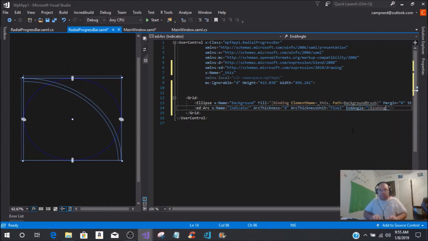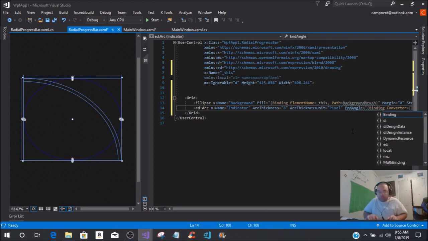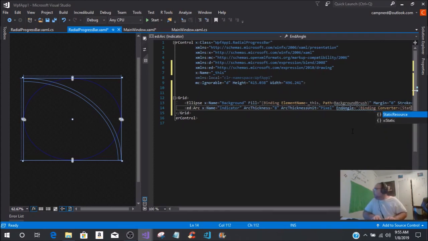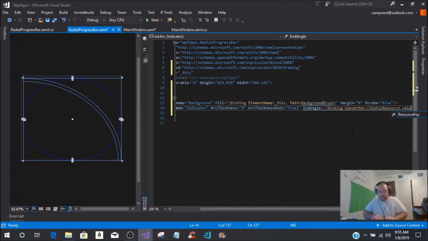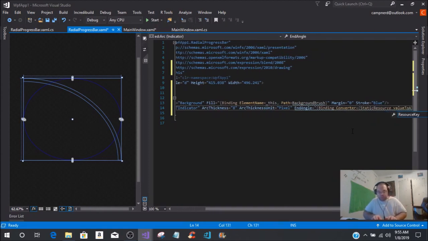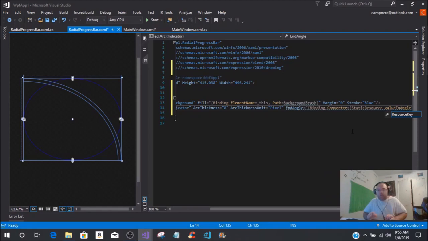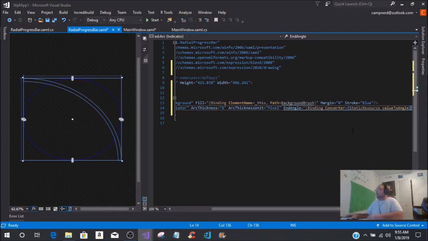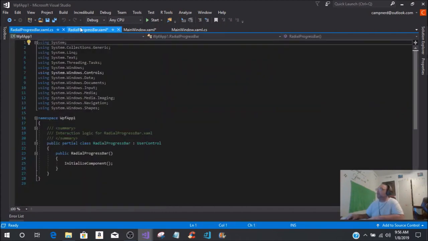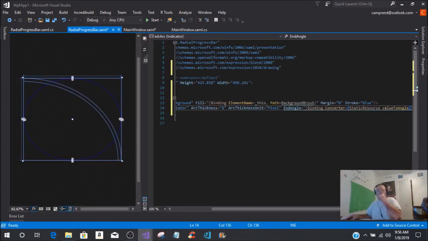So it's going to be binding, and it's going to be converter, and then this is going to be a static resource. So static resource, and then this is going to be value to angle, and we're going to get to that in the code over here,